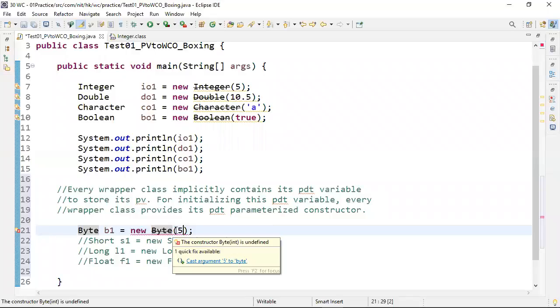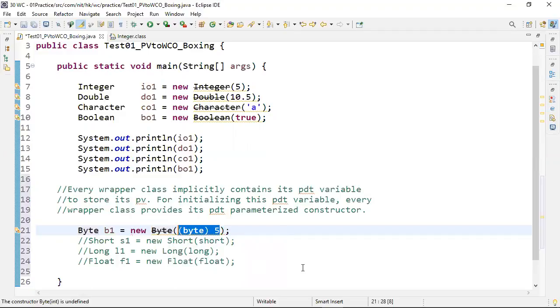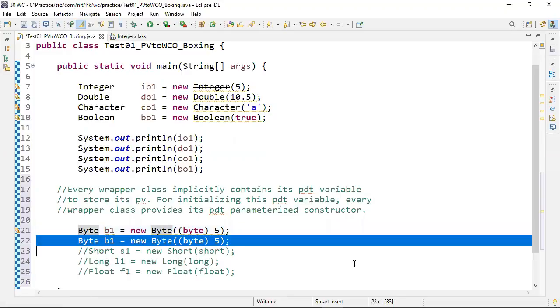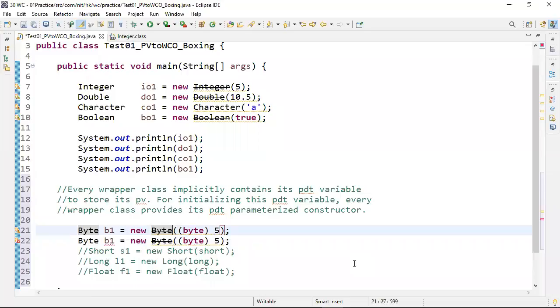So what to do now? I have to cast the argument. Look at that, Eclipse is giving you the fix: cast argument 5 to byte. If you write 5 directly, the compiler throws an error. This is a very important interview question. If you pass an int value directly, the compiler will throw an error. Then how can I call byte parameter constructors?